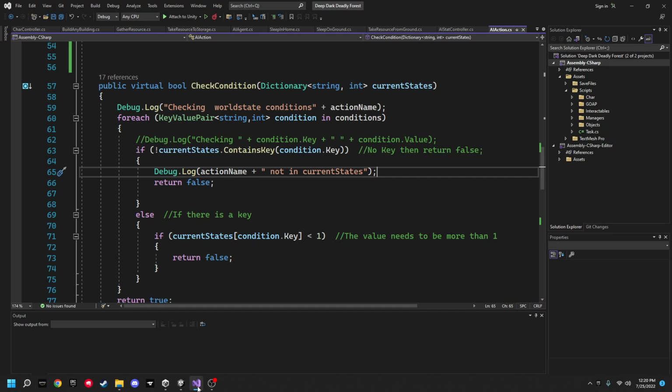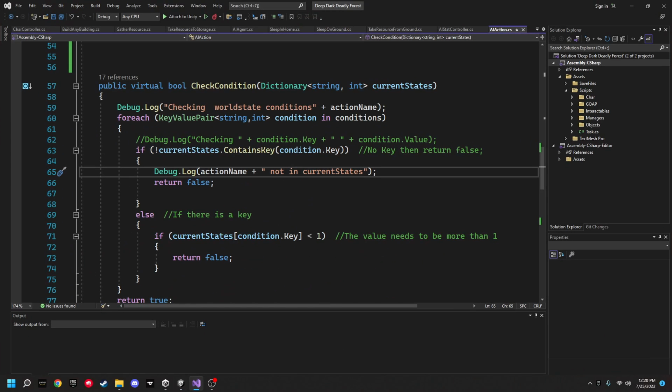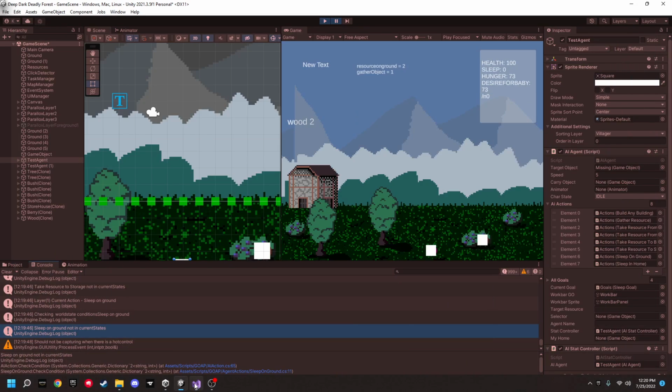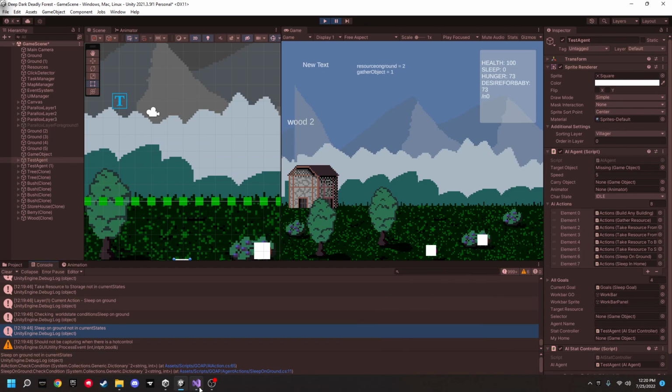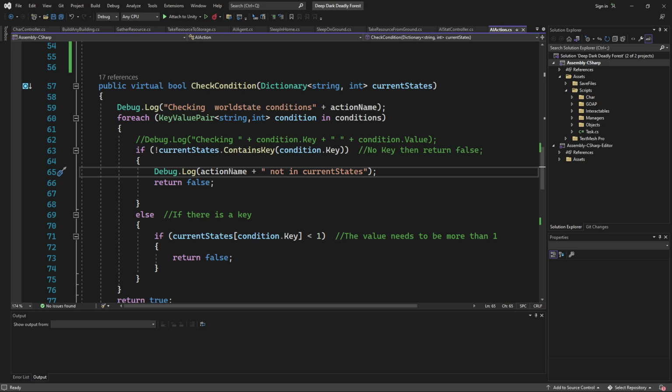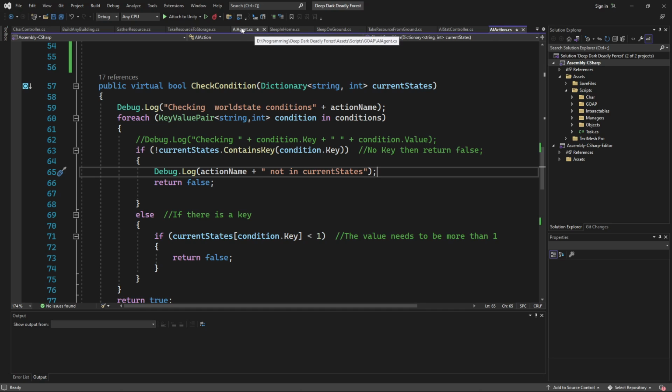Check conditions by the current states. So it's looking for the sleep on ground. And the precondition is the precondition of being tired. Let me go back to my AI agent.